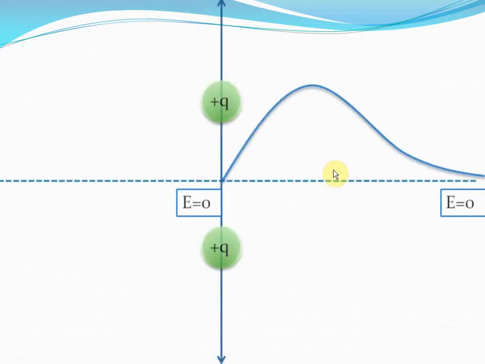We can even sketch this electric field with respect to R. So what you see on your screen here is the graph of variation of the electric field on the equator of this two charge system with respect to R. Note that this graph has been rotated by an angle 90 degrees. So this side that you see on your screen is not the x-axis, it is the y-axis. It represents the distance R from the origin.